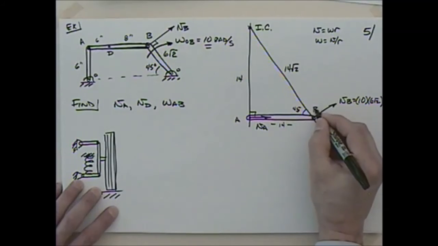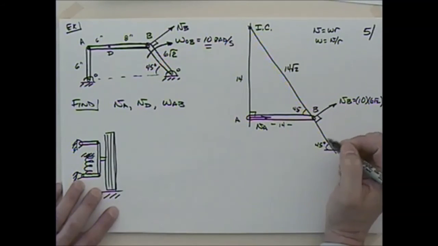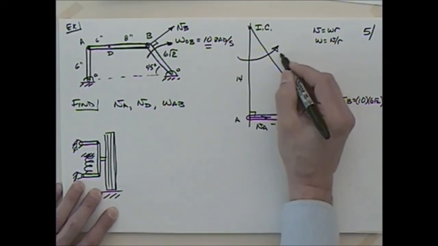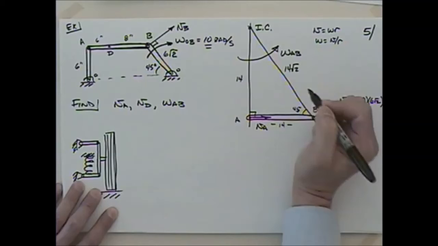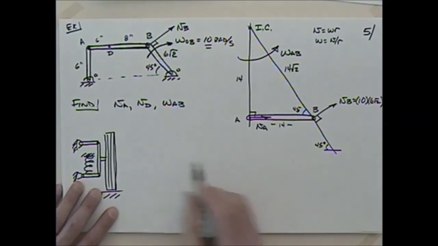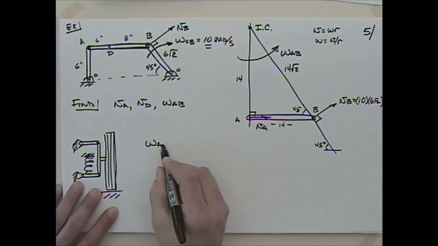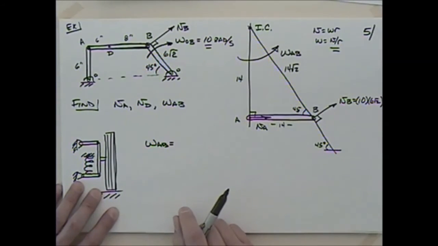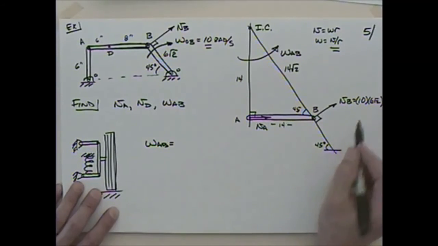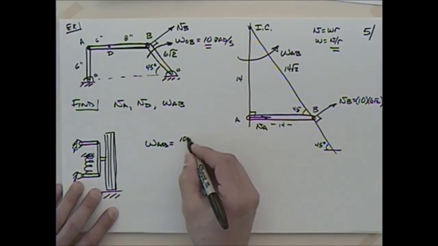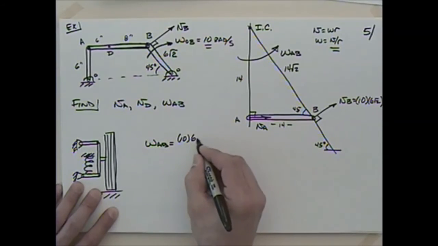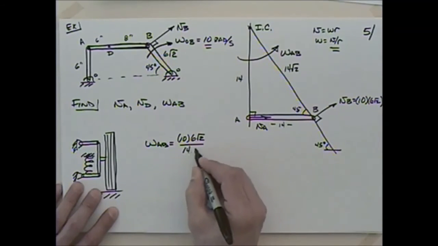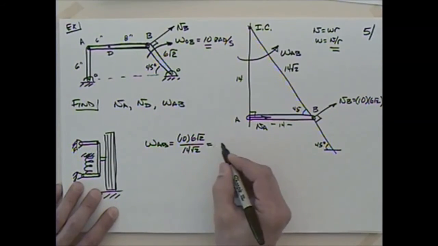So this is point B. So what if I want to talk about omega AB? I could say that that's really omega AB, isn't it? So what's omega AB equal to? Well, velocity divided by distance, right? Do I have a velocity over here? Yeah, I do. 10 times 6 root 2. Do I have a distance? Yeah, 14 root 2. So I get to cancel the root 2's and I come up with